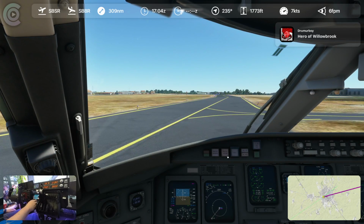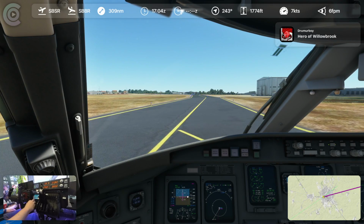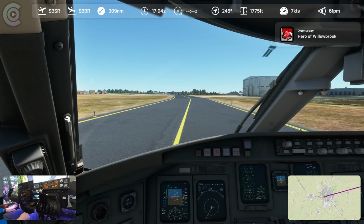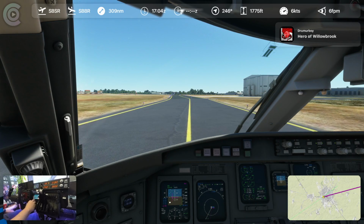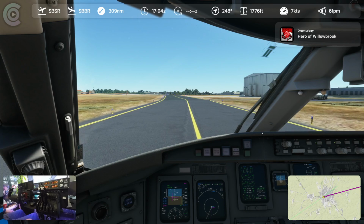So, because I do want speed, because that is our initial climb, I do kind of want the heading, because that is runway heading, so I'm just going to leave those two on. I'm going to forego the takeoff mode, because all that really does is give me a target that I don't really need. I would rather have, I think...